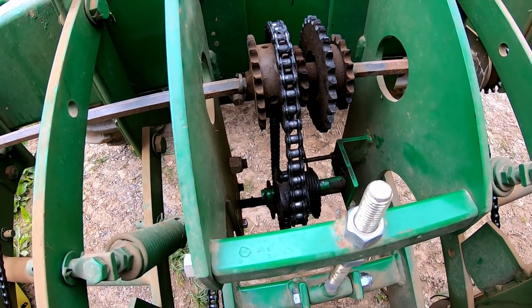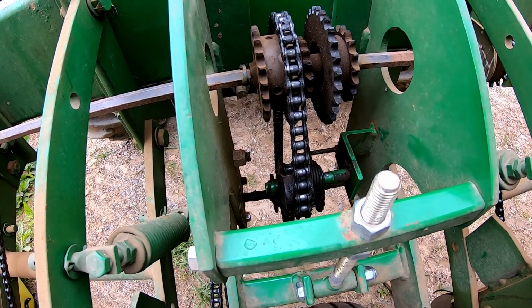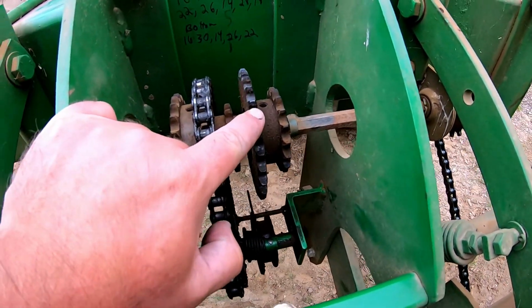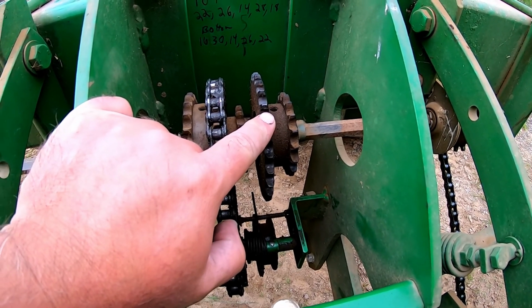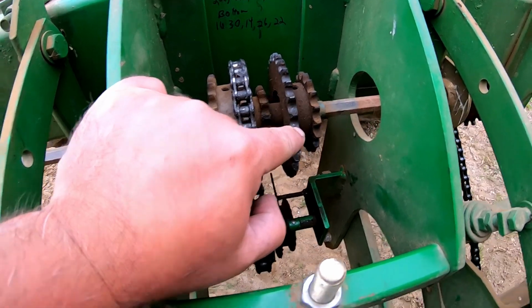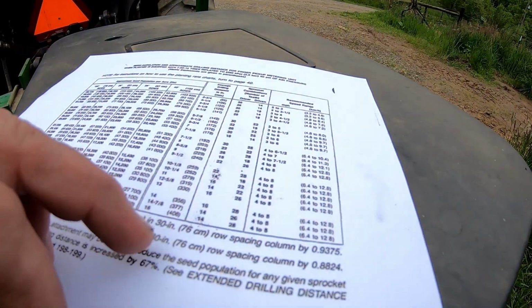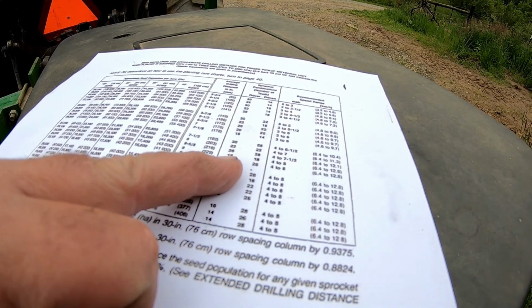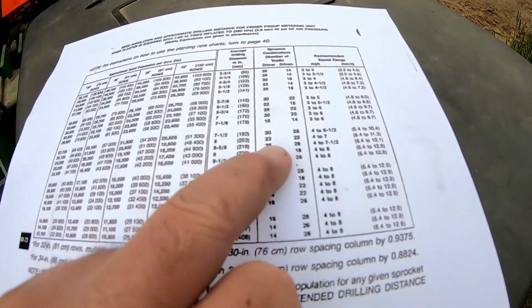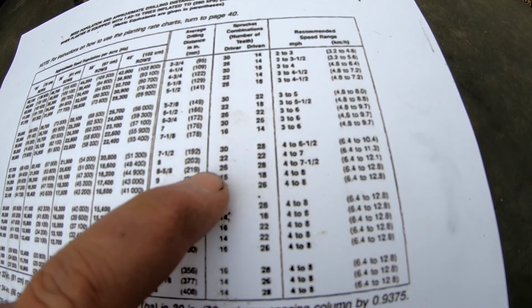I hope that's a whole lot more understandable than the last video was about it. I knew I was on this setting right here, which is around 25,000 to an acre. It's 28 and 26 on the bottom was where I was running. So my driver is, I think it's like 24,000. 28, 26. Now, be sure you keep up with the driver and driven, because I read the top one first,